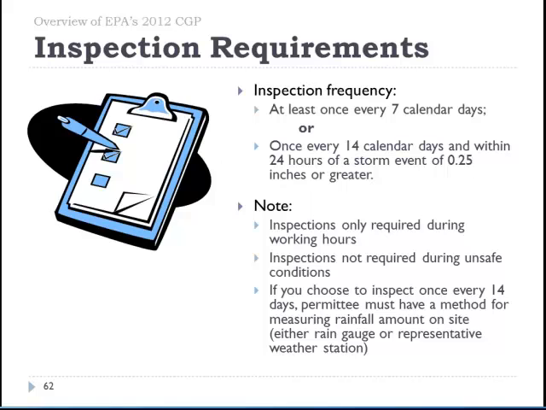The difference in this permit is the 1/4 inch storm trigger was reduced from a 1/2 inch, and the reason for reducing it was we did an analysis and determined that a 1/2 inch did not cover an adequate number of storm events in the areas where the permit was in effect.